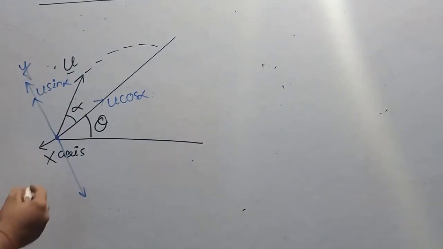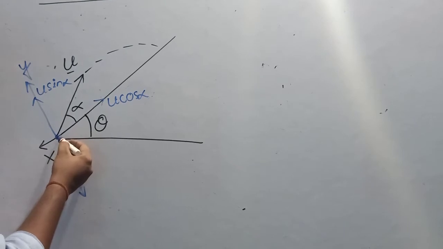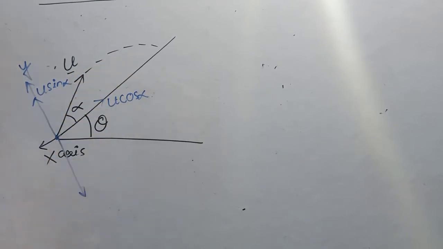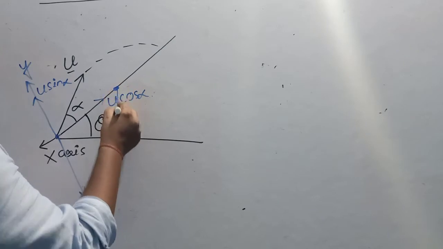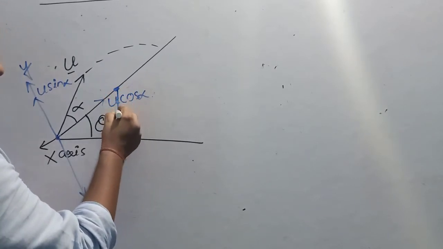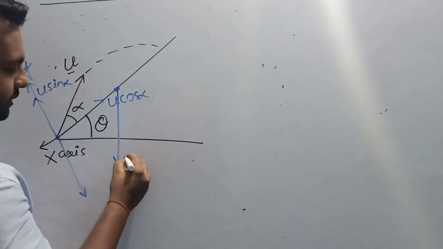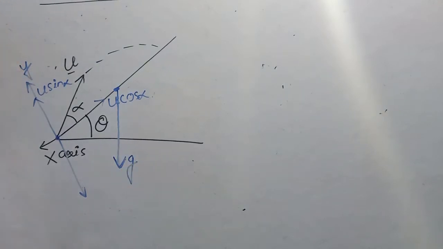Again, if this object is thrown from the bottom of the incline, the acceleration produced in this object will be acceleration due to gravity, because the only force acting on that object is by the earth, called force of gravity. Acceleration due to gravity is a vector quantity, hence its direction will be towards the center of the earth. This is the direction of acceleration due to gravity.